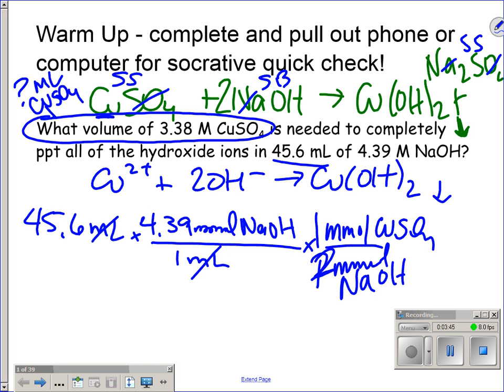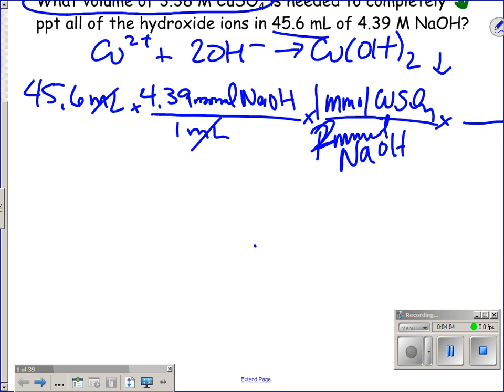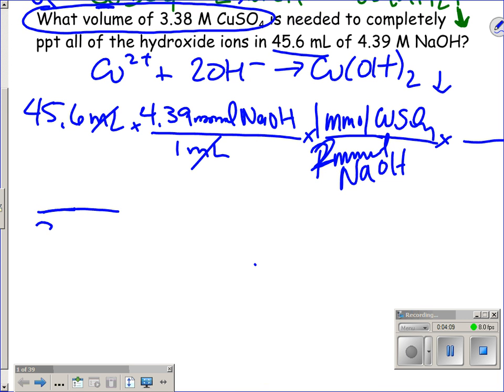We've equated the hydroxide ions to the millimoles of copper 2 sulfate we need, but that's still not the question. So what's our last step? How do you use it? On the bottom, so I'm flipping the molarity, right? Okay, so that's because I need to get milliliters on top. So that fraction is going to go here. What was that molarity? 3.38. So 3.38 millimoles of copper 2 sulfate for every 1 milliliter,